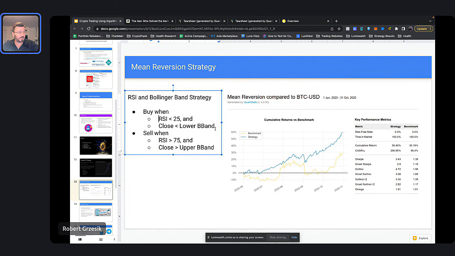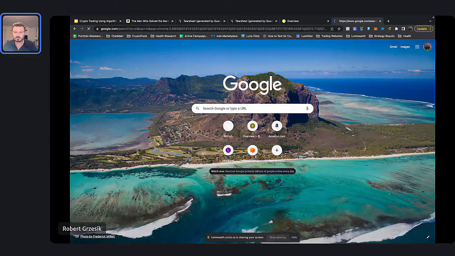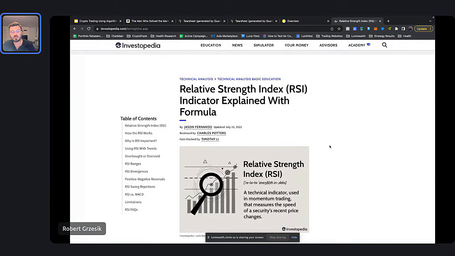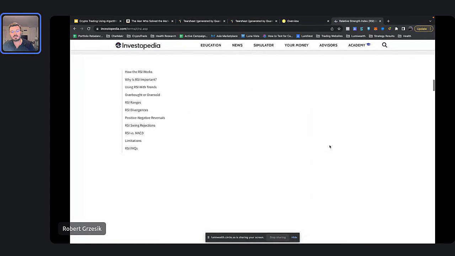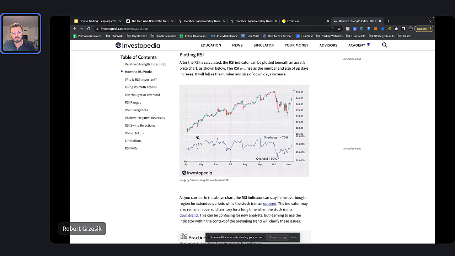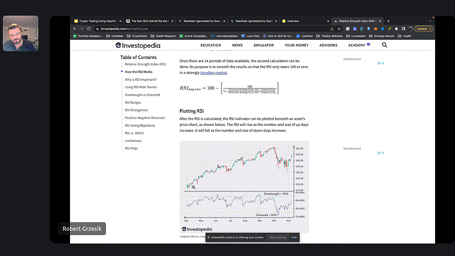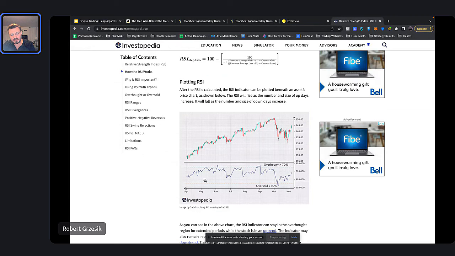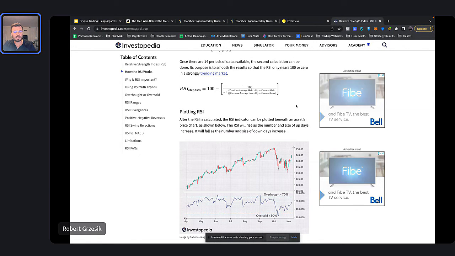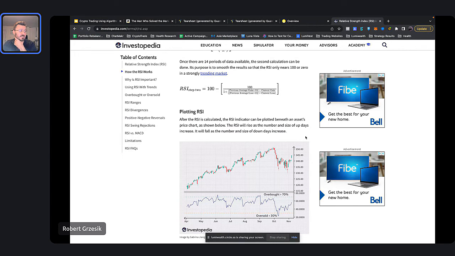For those of you that don't know what that means, let me explain. RSI is this thing here. It's the relative strength index indicator. It's one technical indicator that we can use on an asset: stocks, bonds, crypto, whatever. It basically looks something like this. This is your stock here, and down here we have our indicator, and it moves up and down. We don't need to know too much about the math, but basically it's checking how many days this stock's been up versus how many days it's been down.